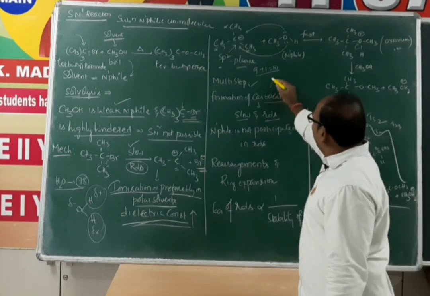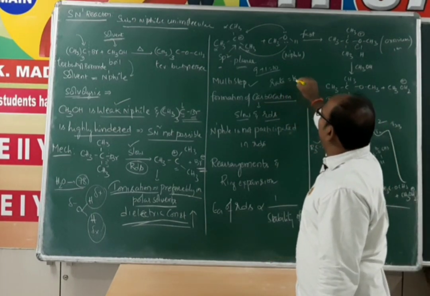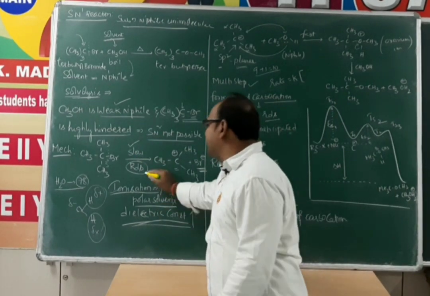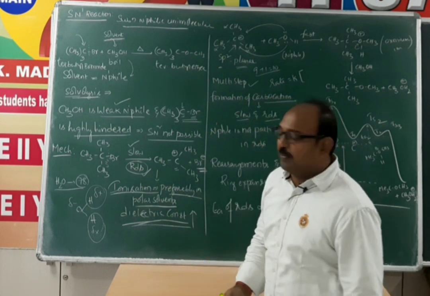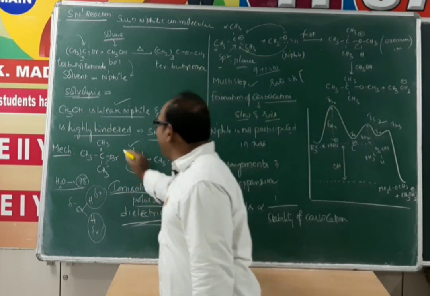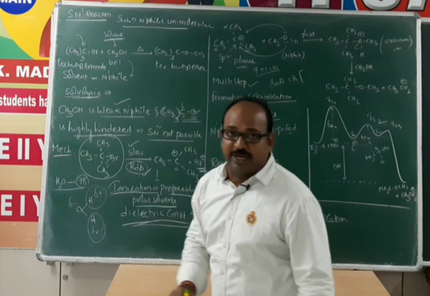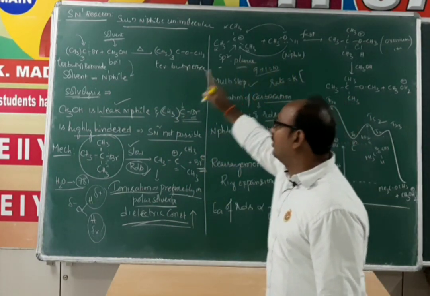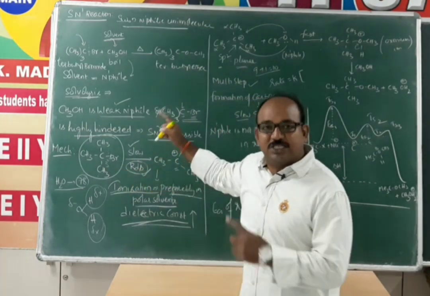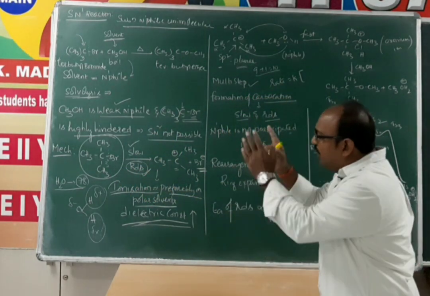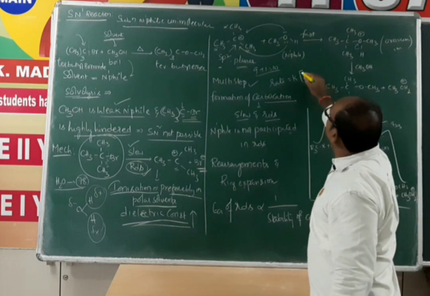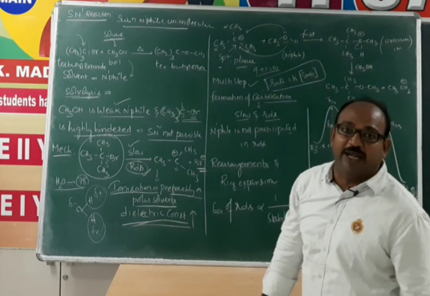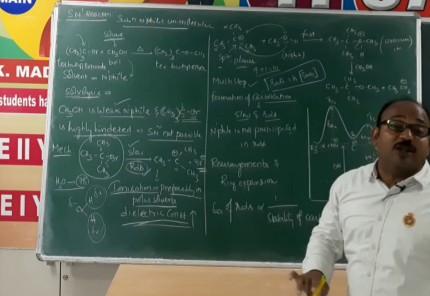Now rate law, how to write here? Rate is equal to K into... the first step is the slow step, only the first step is the rate determining step. In the first step only tertiary butyl bromide participates, but not solvent or nucleophile. Nucleophile is not going to take part in the first step. First step is formation of carbocation, only the substrate is involved in the rate law. That means tertiary butyl bromide, the alkyl halide only, but not the nucleophile.